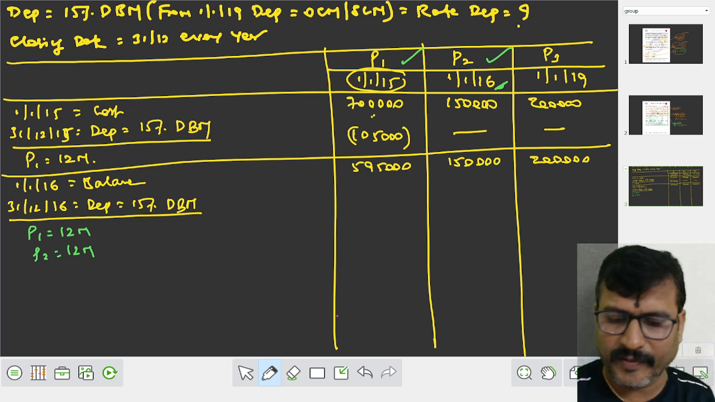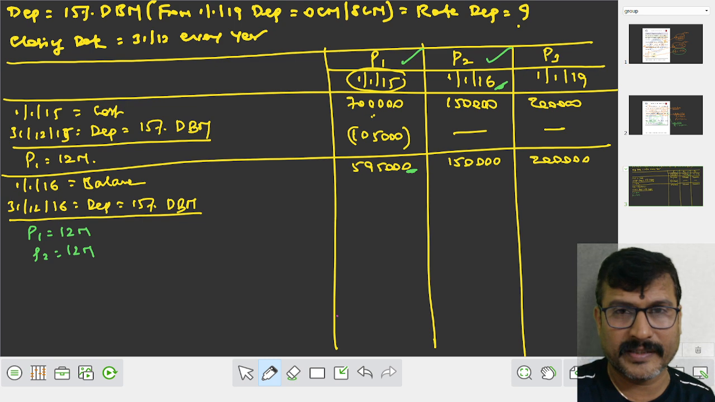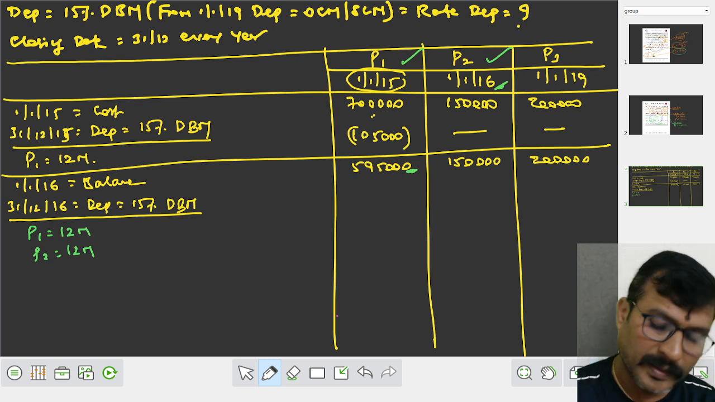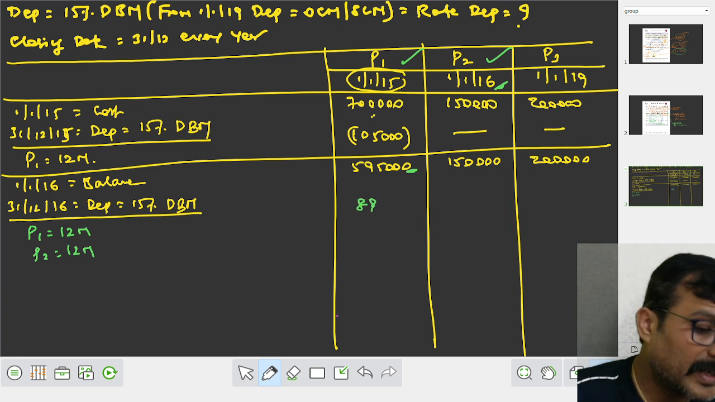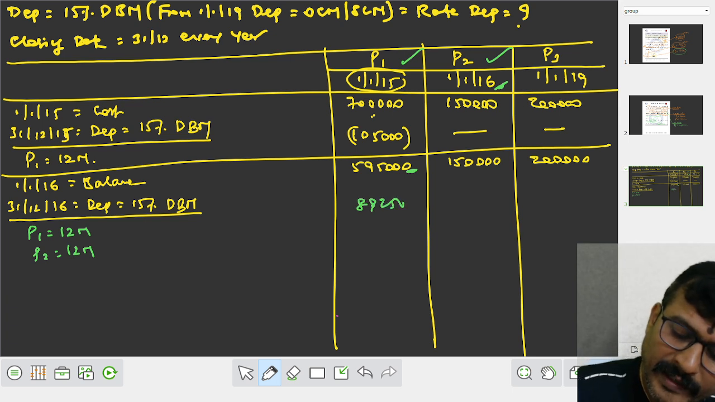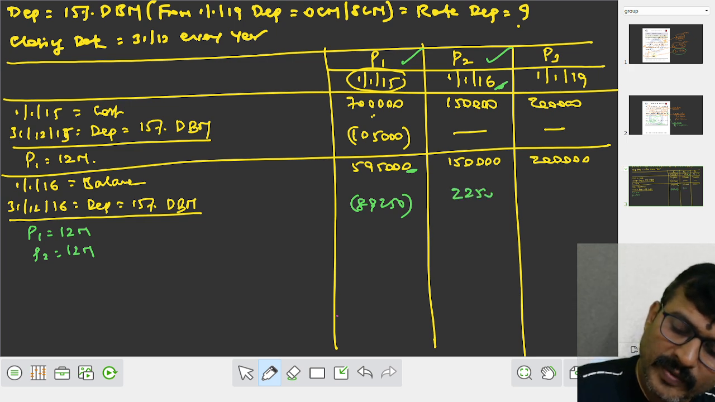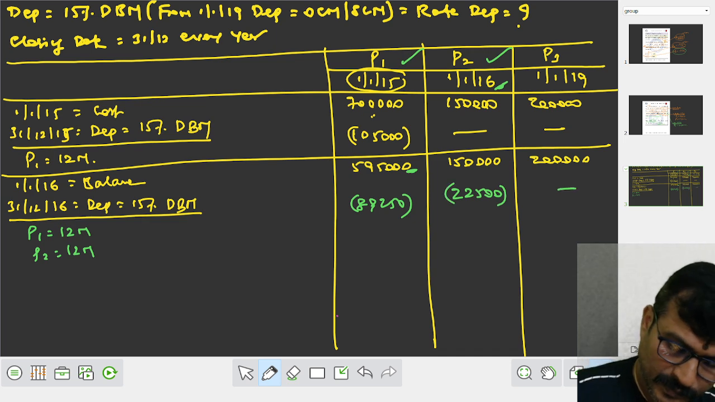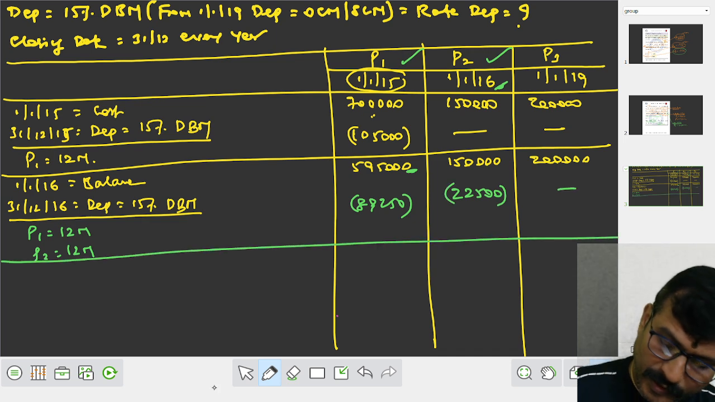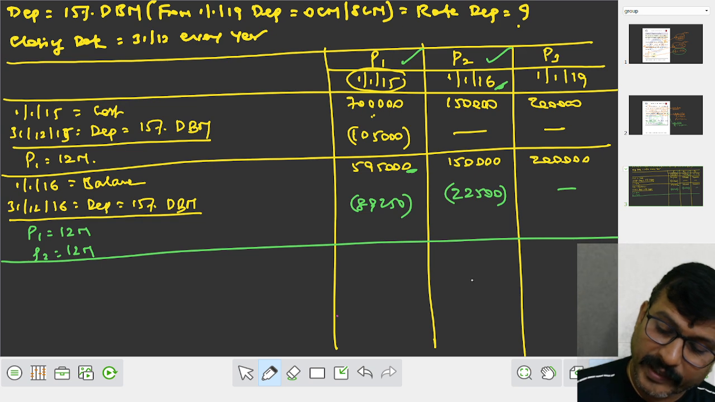So 5,95,000 into 15% into 12 by 12, it comes to rupees 89,250. Use a calci and work out. It comes to rupees 22,500. Now you can find out the balance. The balance comes on what date? The balance comes on